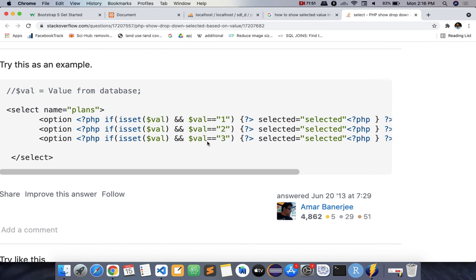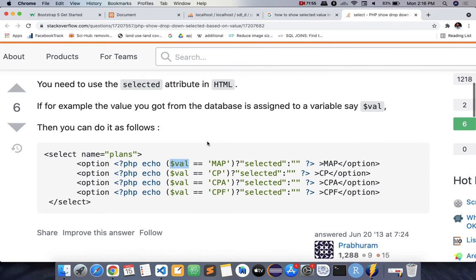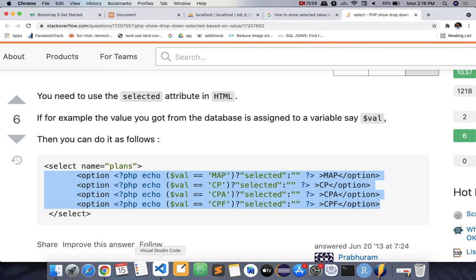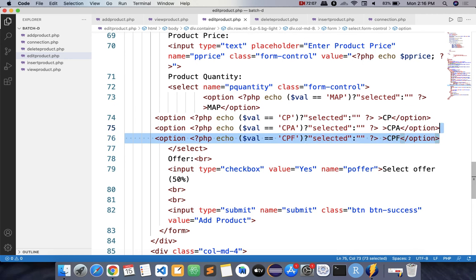It will check beforehand which one was selected and show that. Yes. So we'll simply copy these options. Go to your code, and instead of this select option, you have to print it 5 times.